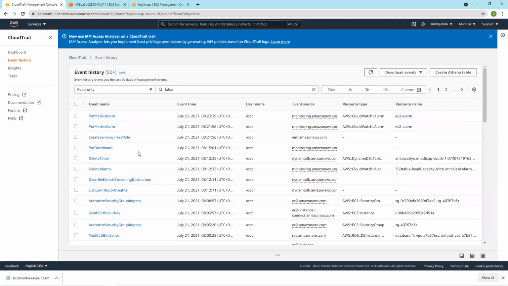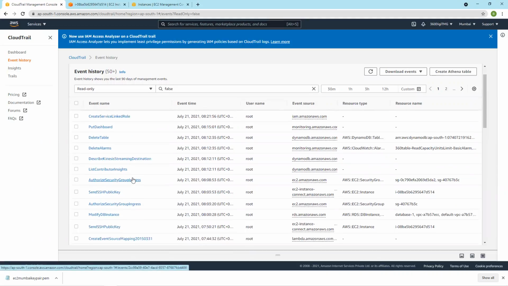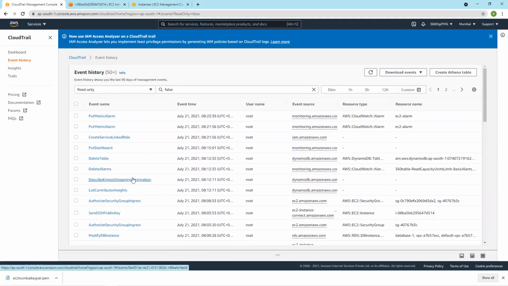And all those events will be logged under event history. And this will be by default, and this is free of cost. And 14 days of logs will be available by default. After 14 days you will not be able to see these logs. The old logs will not be there.